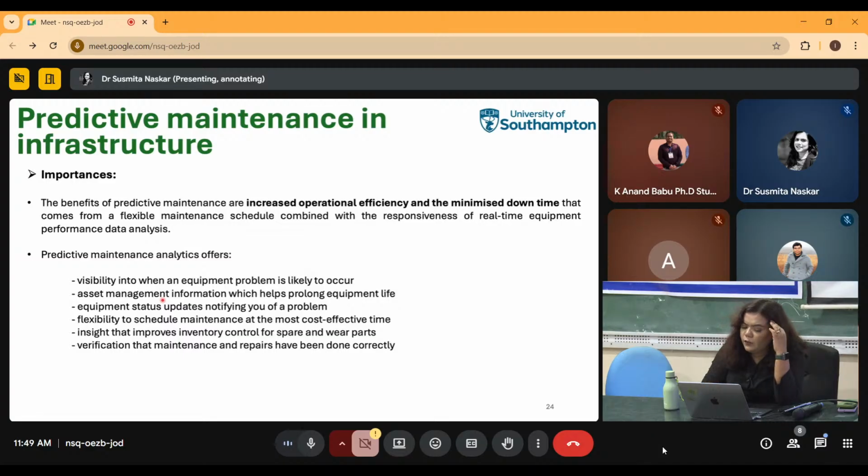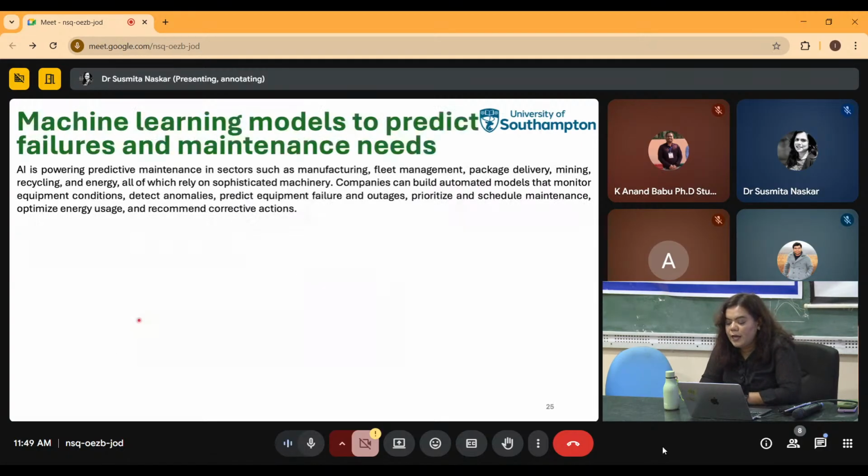So altogether, if you look into the advantages of predictive maintenance compared to preventive maintenance, you can see that predictive maintenance transforms the way we manage our systems and our infrastructure. It not only improves reliability, it also helps with cost, extending the equipment life, and those kinds of things, right? So now let's look into the machine learning models that are transforming predictive maintenance to anticipate